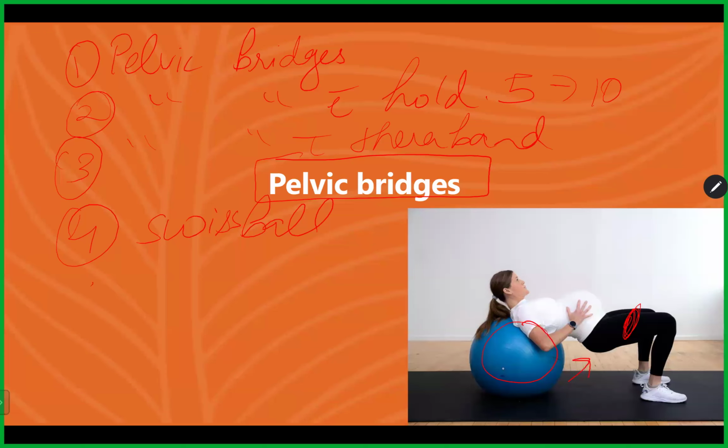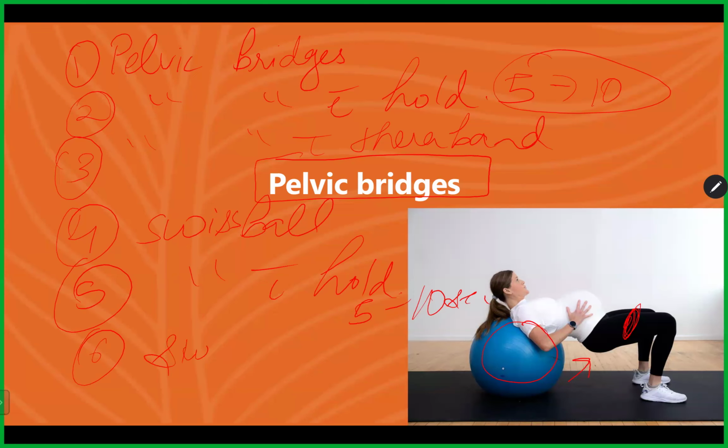Swiss ball, same thing. Now Swiss ball with hold, in progression like we mentioned here, from 5 to 10-second hold. Next, instead of the Swiss ball under the back, keep the Swiss ball under the feet, meaning under the calf. Here she'll keep the Swiss ball and raise her pelvis like this. Again, Swiss ball with hold, then Swiss ball with TheraBand. So that's nearly 8 to 10 variations of pelvic bridges we discussed right now.